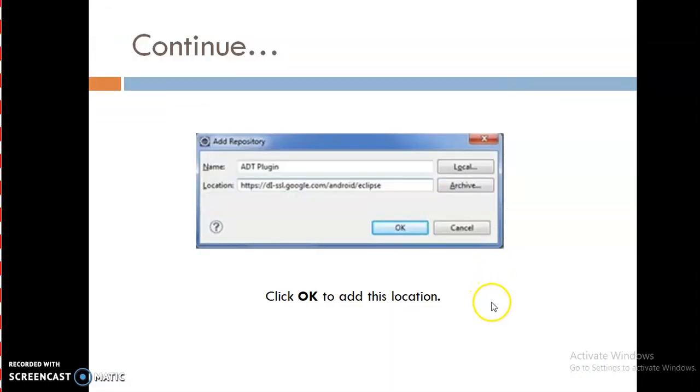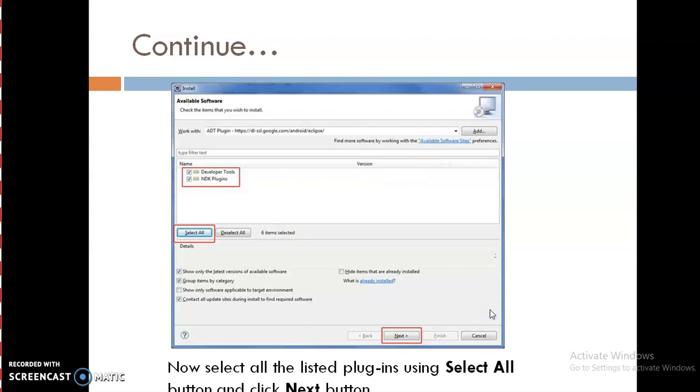So in this way, we are installing the Android environment setup, ADT, SDK Manager and SDK.